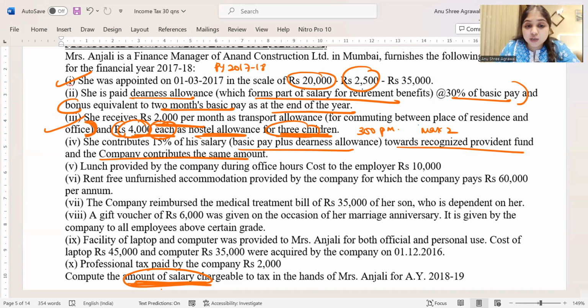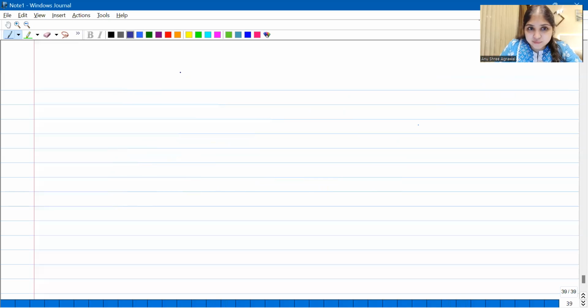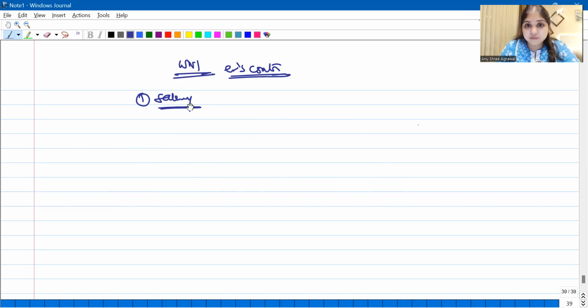But what about employer's contribution? For employer's contribution, I'll have to do one proper working note. Right? Employer's contribution, let us say I'll do working note number 1. Now, working note number 1, employer's contribution. We'll follow step by step. First of all, we will compute salary for the purpose of RPF. Salary, we will have 3 components, guys, because RPF will have 3 components: basic salary, DA forming part, and employees turnover based commission.